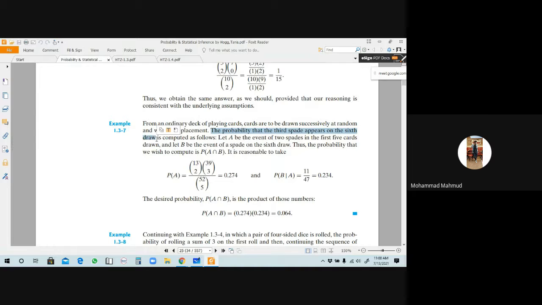স্যার মানে কি ছয়টা ড্র করলে আমার তিনটাই স্পেড আসবে? Yes, ছয়টা ড্র করলে থার্ড স্পেডটা যেন সিক্সথ ড্রতে হয়। ওকে, মানে স্যার 3 অফ স্পেডস যেটা আছে, সেই কার্ডটা 6th ড্রতে আসবে, মানে থার্ড স্পেডটা সিক্সথ ড্রতে আসবে, এটাই কনসেপ্ট। ওকে, তাহলে বিফোর থার্ড স্পেড বলতে বলছে যে আমরা দুইটা স্পেড অলরেডি পেয়ে গেছি। তাহলে from here we can take a concept that two spades has appeared